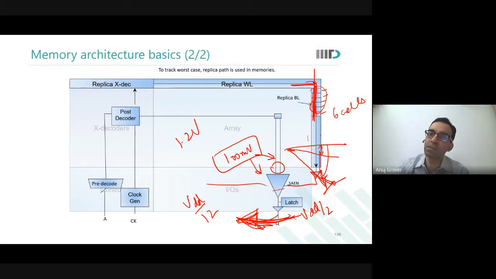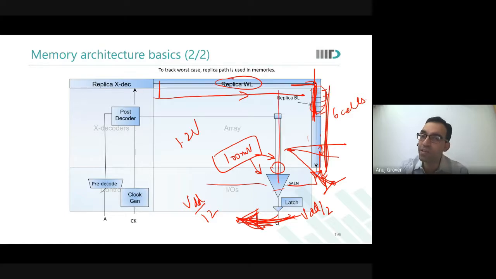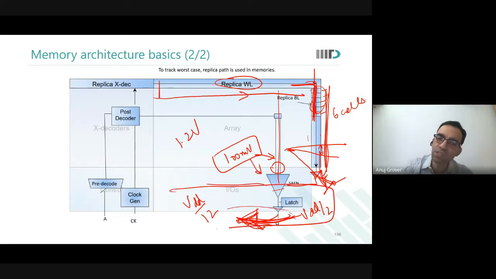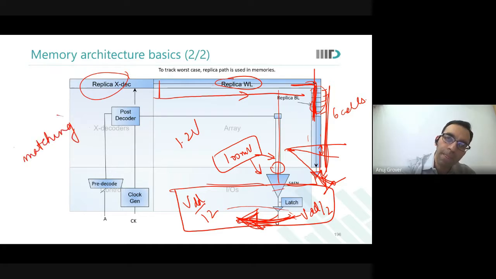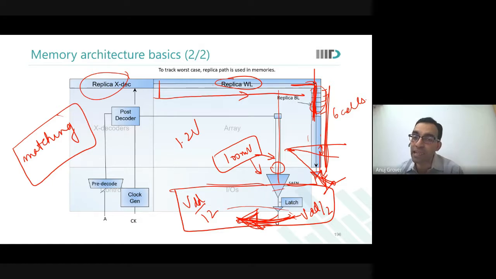Now, what is the premise here? The premise is that the delay of the word line, actual word line, is exactly the same as the delay of the replica word line. That the replica bit line has the same capacitance as the actual bit line. That is why they are called replicas. That is where you can make this kind of a translation. Otherwise, this translation would not have been possible. So this making of replica exec, replica word line, replica bit line is called matching. Matching is a part of a designer's job. You as a designer have to do matching.